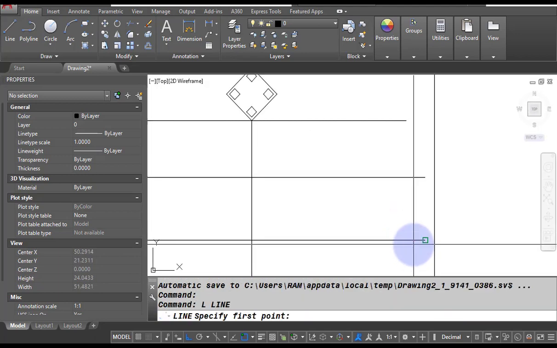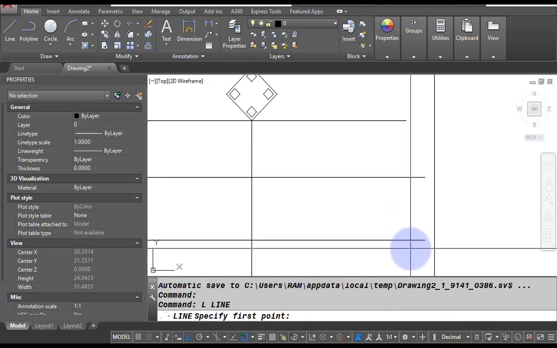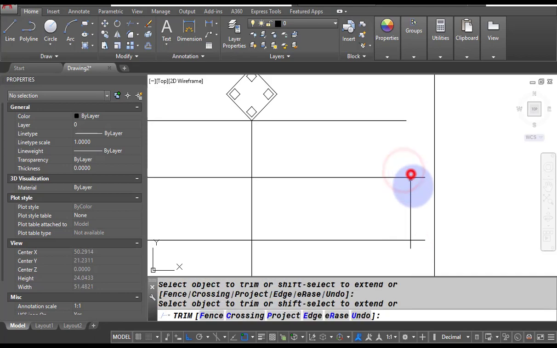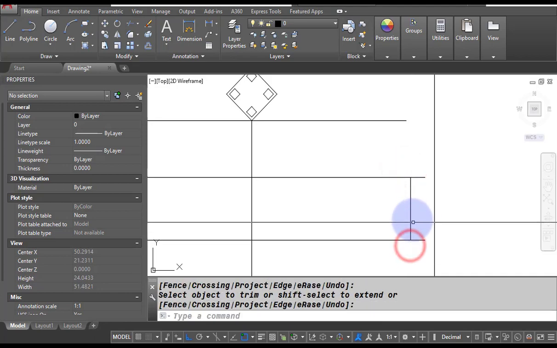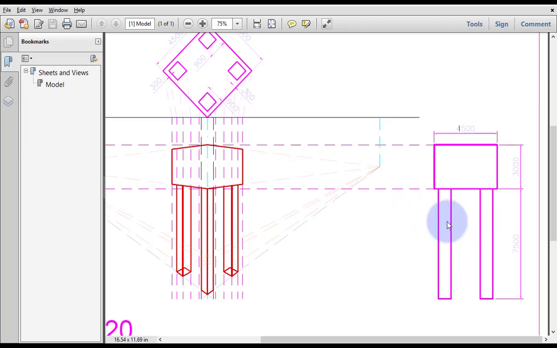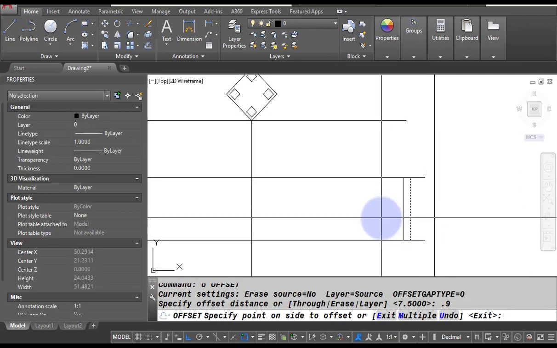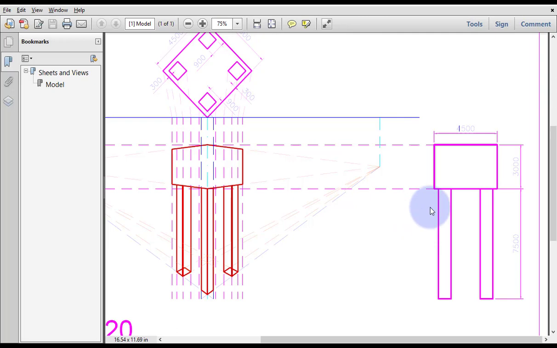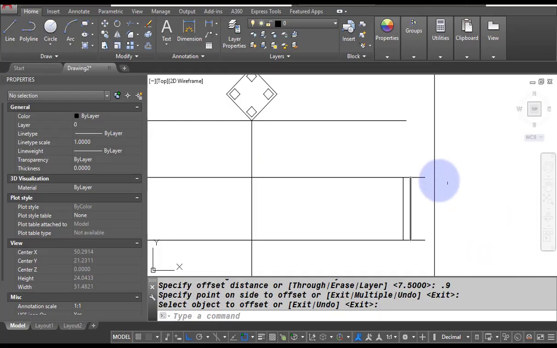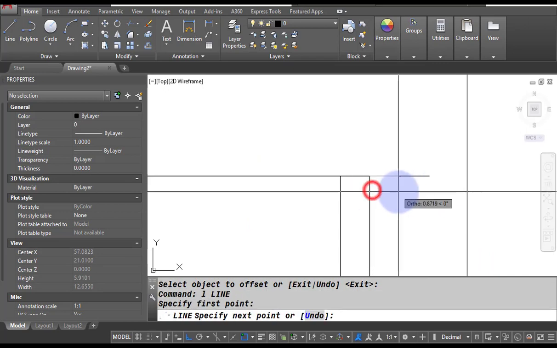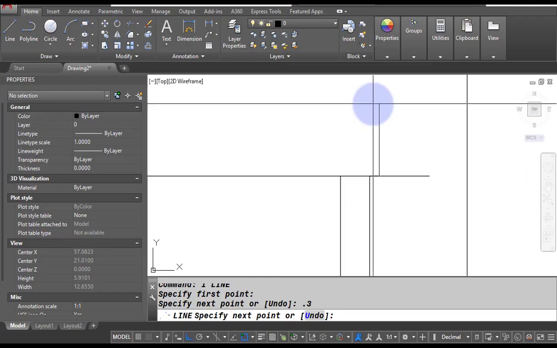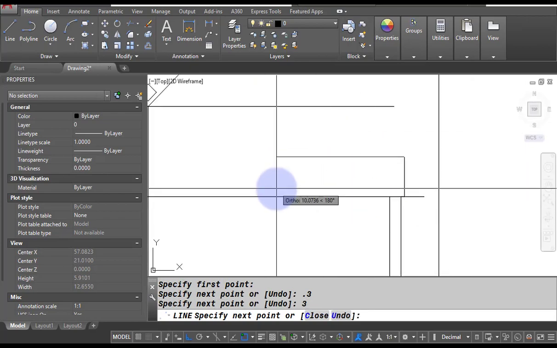And then after, draw one vertical line. And then after, take the offset of 0.3, 0.9 on this side, and here 0.3 offset, and then there is a rectangle. So I'm going to take the offset of 0.3 and draw the line. Vertical is 0.3, and on this side is 4.5,